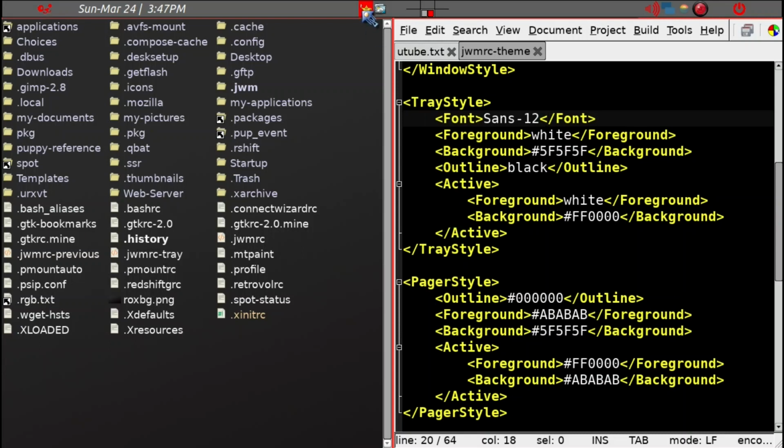Active section foreground is not being reflected at all, but background has to do with the color of this active application. So if you click on this side, for example, this is ROX-Filer, this turns red, and we'll go back to Genie here. So this turns red, and that's controlled by the active background color. If for some reason you want to change this to a white color, I have to know that the white color is FFFF. We'll go ahead and save it, and we'll restart with jwm restart again,